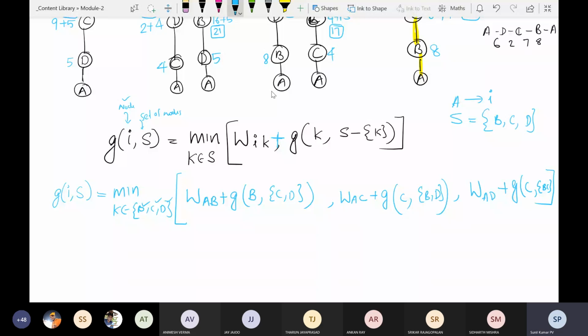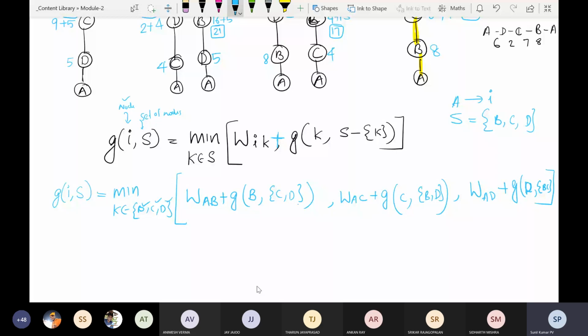Now what we need to do is, we have W of AB readily available from the table, W of AC available, W of AD available, everything is available, but for these we don't know what G is: G of B, C, D, C, B, D, D, B, C. The last one should be DBC, right? Yes, DBC. Thanks for the correction. So this has to be expanded, this has to be expanded, and this has to be expanded. Once you get the values of these, then only can you identify this large value. You can sum it with this, then this, then this, and then find the minimum.